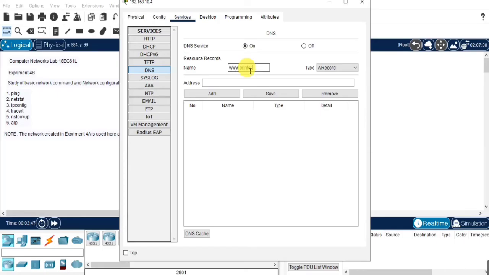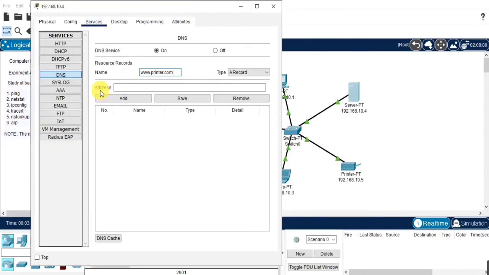Here I am giving a website name, www.printer.com, and the type should be A record, and the address we are going to give here is the printer address. So here I am specifying the printer IP address. Once we have given it, we need to add that. So here I have added it.